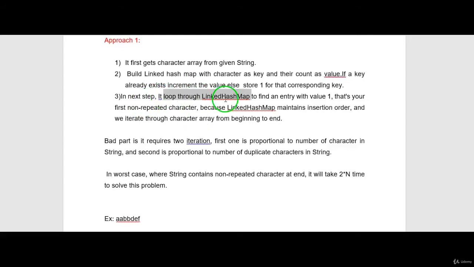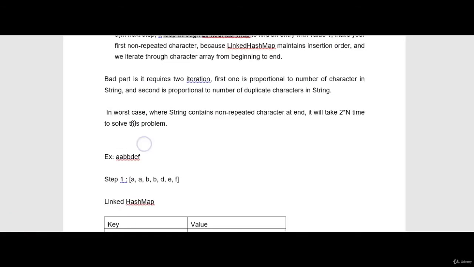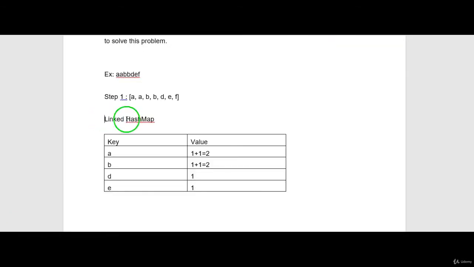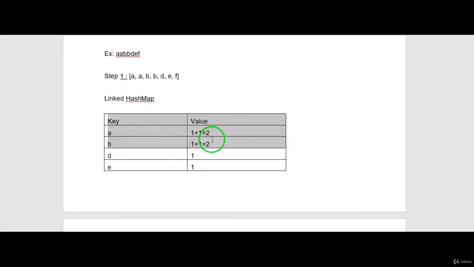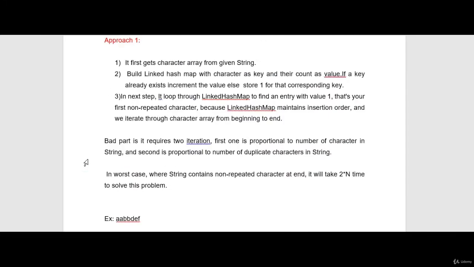In the next step, loop through the linked hash map to find any entry with value 1. So this is the linked hash map. Iterate through this map and find the value 1. Whenever you find the value 1, just come out of that loop and print the value. So this is how we write the program.